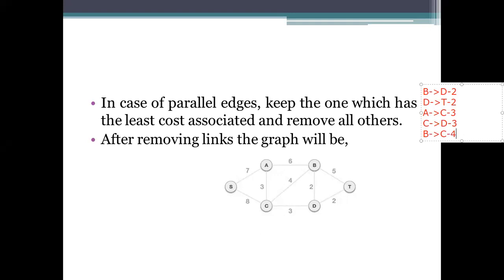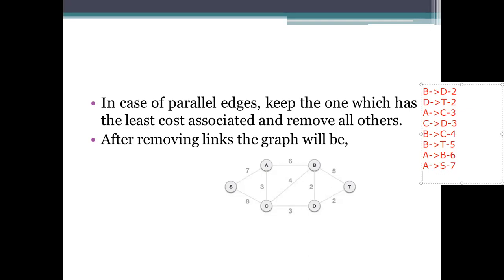After that 4, we have another one greater than 4, B to T, which is 5. Okay, and then A to B, which is 6. A to S, which is 7. And then S to C, which is 8. Okay.